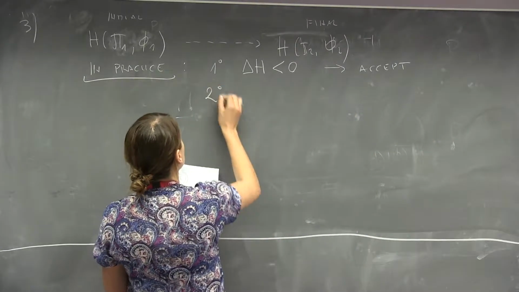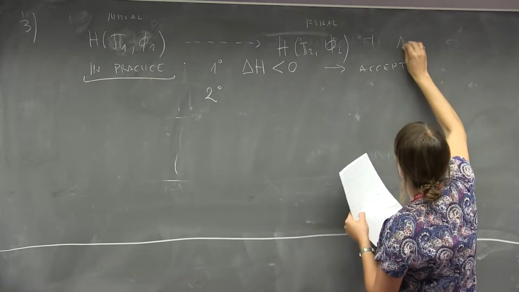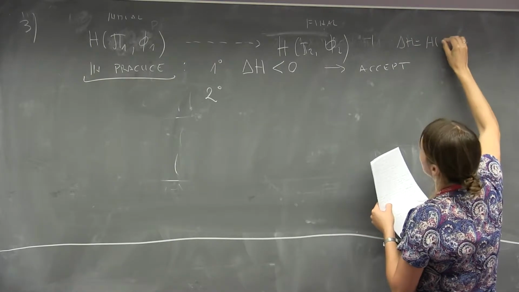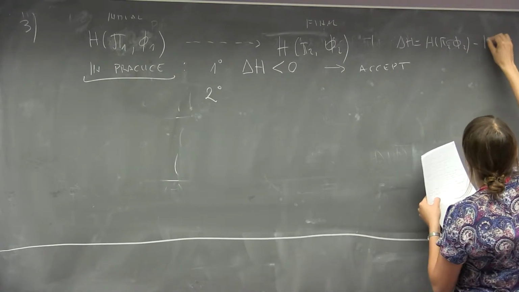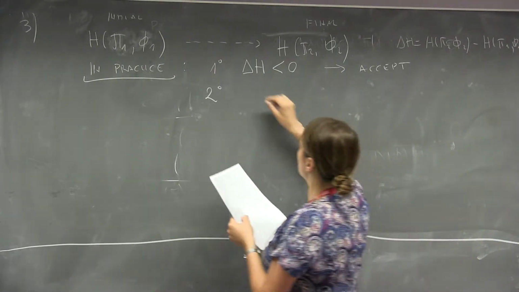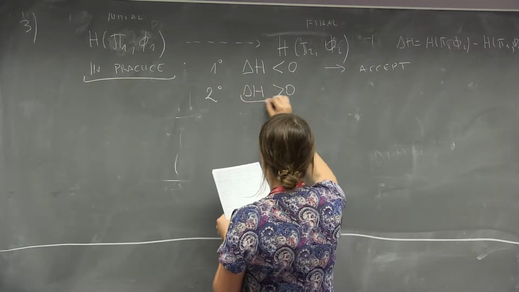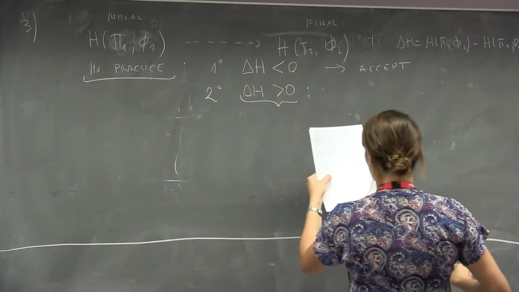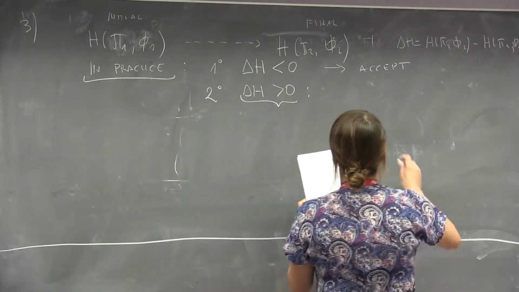And in our computer program, when we compute the delta h as h of phi2 f2 minus h of phi1 f1, then if delta h is larger than 0, in order to have this acceptance rate, we have to throw